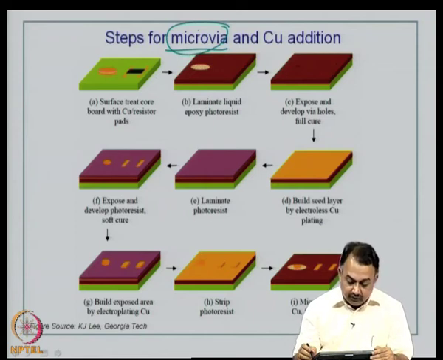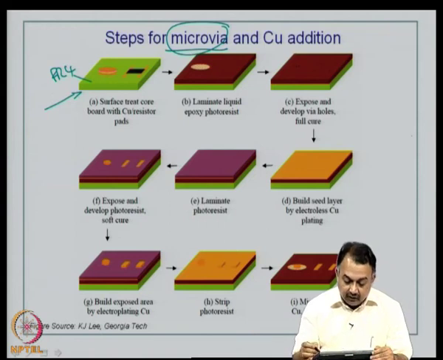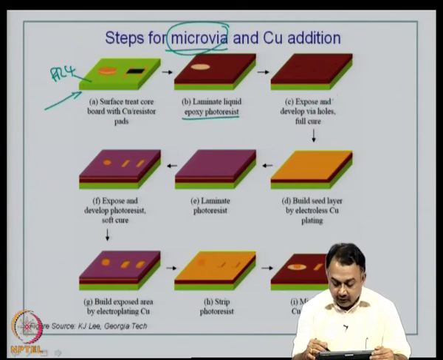Okay. So, you can see here that this particular slide shows a capacitor material and a resistor material that has been generated or formed on an FR4 substrate. Then apply liquid epoxy photoresist, right, and then expose and develop the via holes and fully cure it. Now, you have to